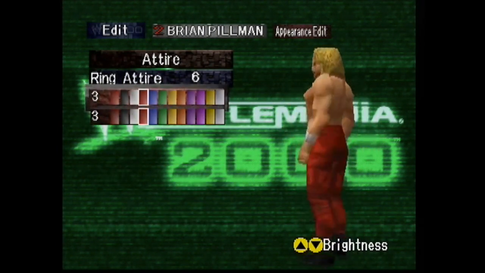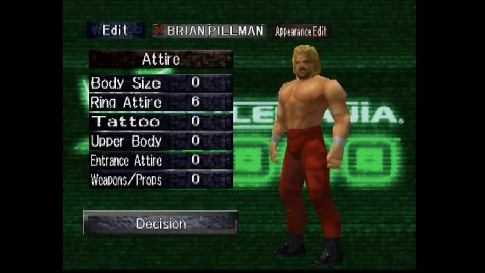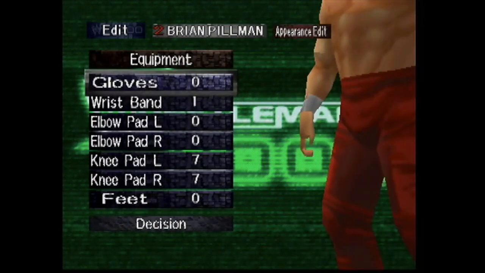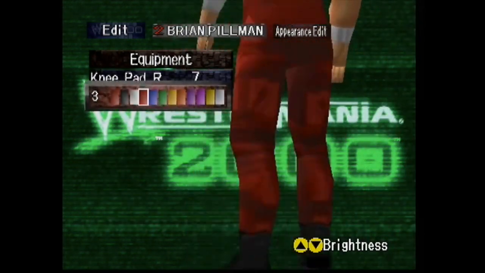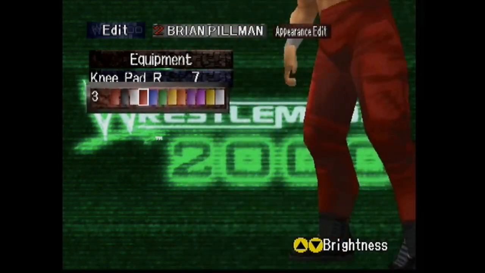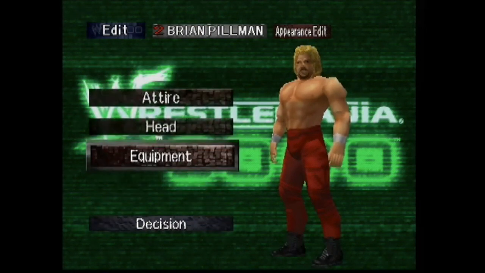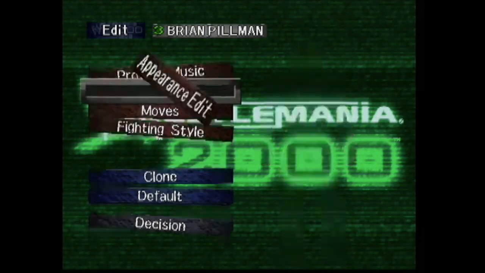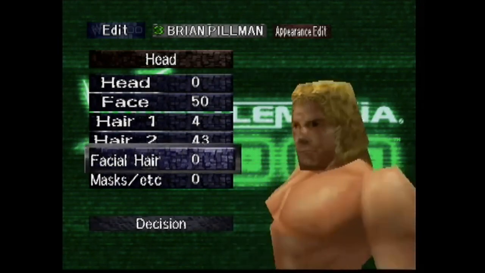Ring attire 6, same thing. This outfit is actually based off of his outfit when he fought Kevin Sullivan at Super Bowl. It was the only time I ever saw him wear an all red version of his long pants attire. Actually, the long pants that he wore in WCW and in WWE were very reminiscent of the tights that you can find in WCW NWO Revenge that Chris Benoit wears, the sort of Four Horsemen tights, because on the inner thigh there's a little bit of color there, and those tights are in Revenge but they're not in WrestleMania